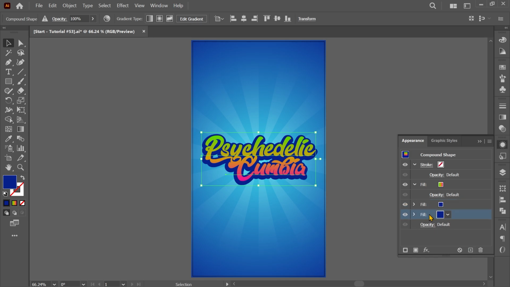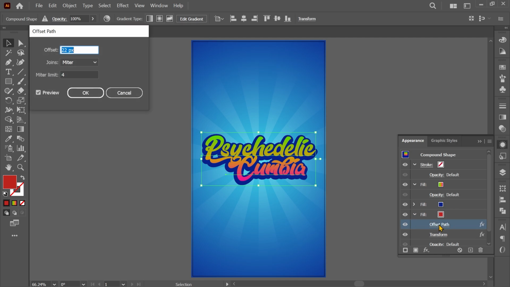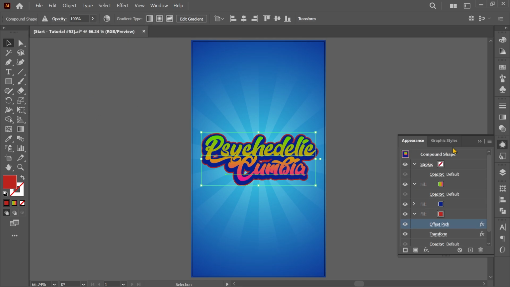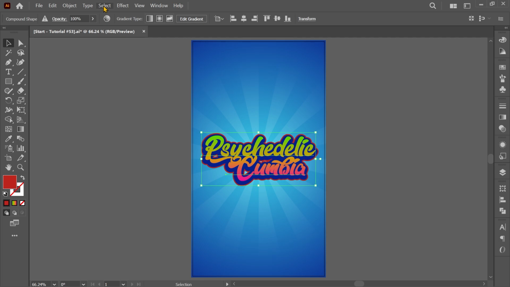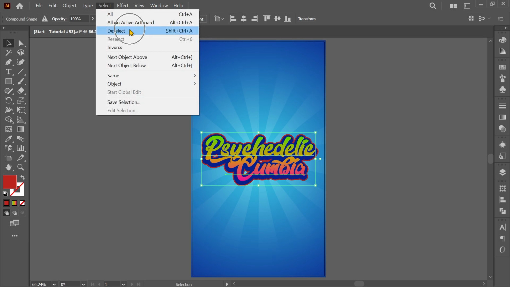Select the bottom fill, and change its color. Fill, red. Display and visualize the effects applied to the red fill. Click on the Offset Path effect, and enter the following change. Offset, 30 pixels. OK. Deactivate the current selection by going to Select, Deselect.